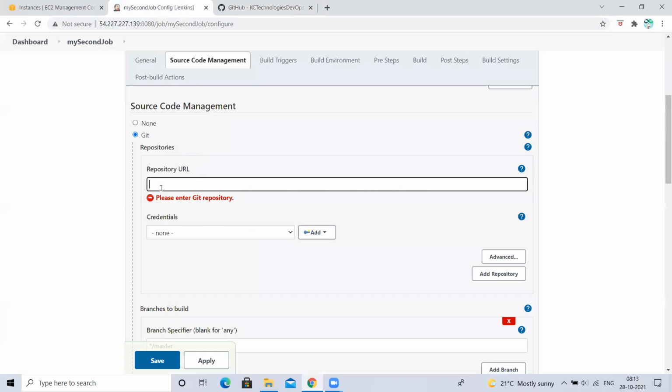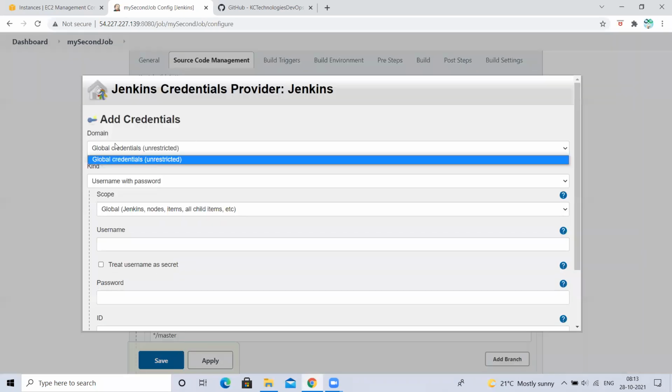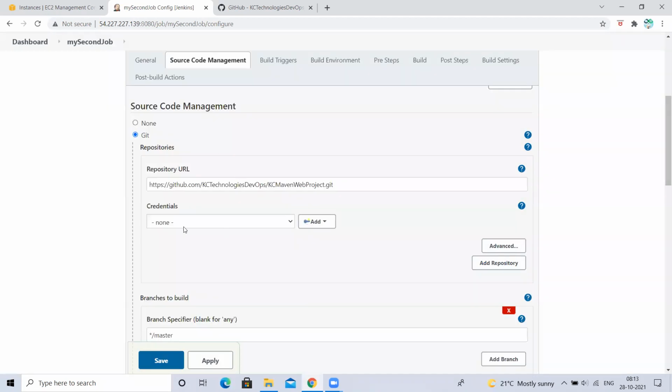I'm going to give these credentials. I don't want to give... Yesterday we added that credentials will be available. So these credentials are global. Means once you add one credential, while creating, we selected it as global, right? Here, global credentials means in your entire Jenkins, you can use these credentials anywhere. For all the jobs, you can use the credentials. But this is a public repository, so just to clone the changes, I no need to give the credentials, it will work.